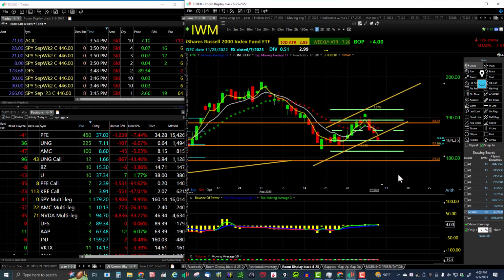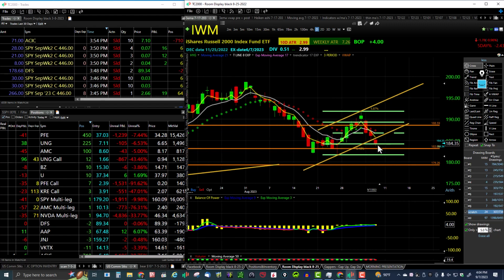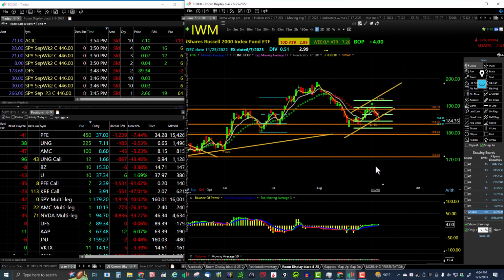Here's IWM. Here is the pullback underneath the midpoint. IWM very weak, breaking this uptrend that was a possibility there. Closing candle below yesterday's body. Notice the lower high and the lower low. Red trend indicator. 3 EMA has now crossed underneath the 8 on the IWM. Now let's take a look at